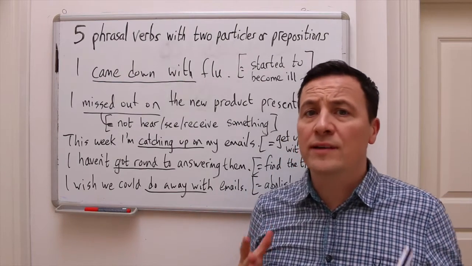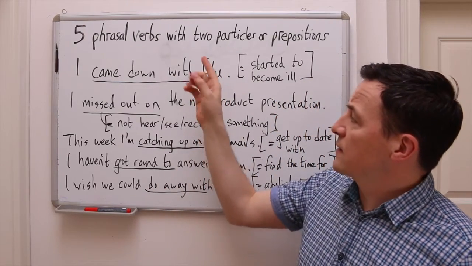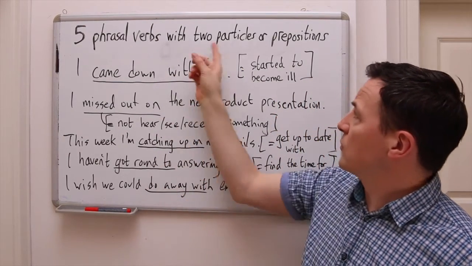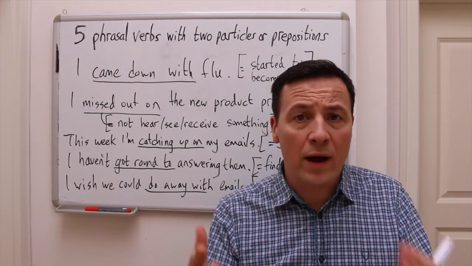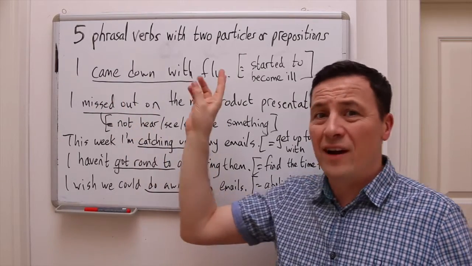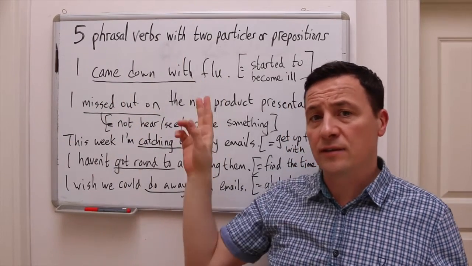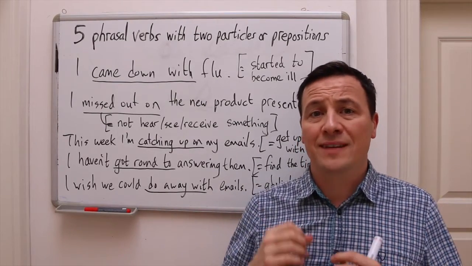So this is a way to remember phrasal verbs, put them in a group together. In this case, there are 5 phrasal verbs with 2 particles or prepositions. And then another example or another way to remember them is to write sentences or write a little situation or an anecdote, and that will help you to remember all of those phrasal verbs together.